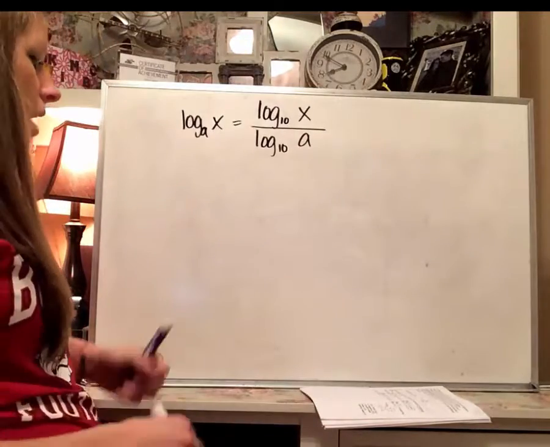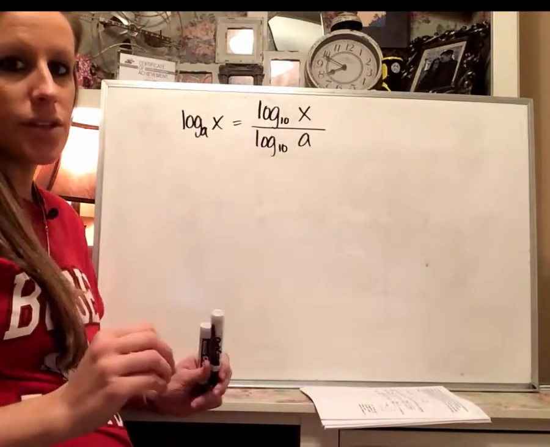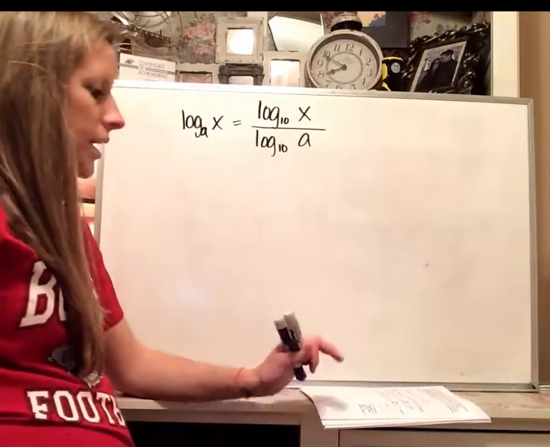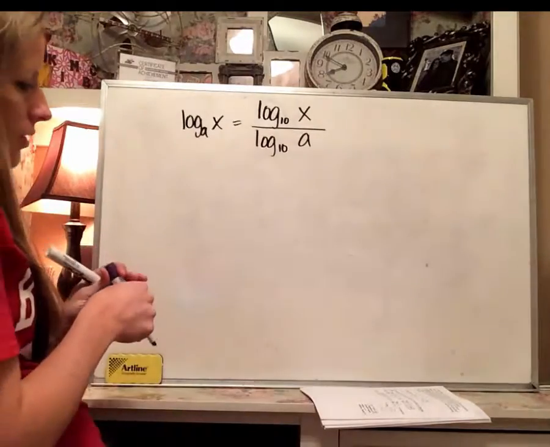So let's try this out. Let's do number 9. We're actually going to get an answer. You'll get a decimal, but you'll actually get an answer in your calculator. And it says we're going to round to 3 decimal places. Okay, so number 9,